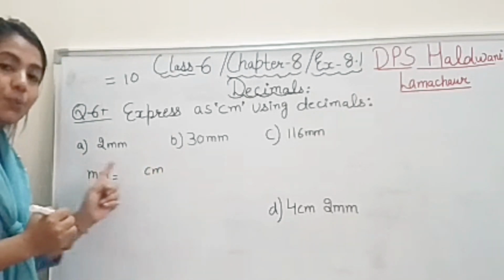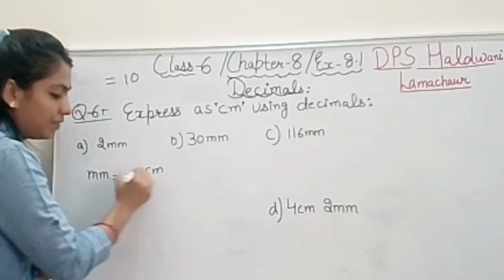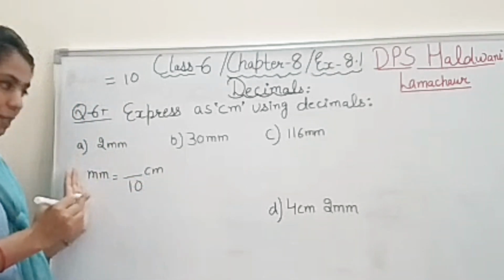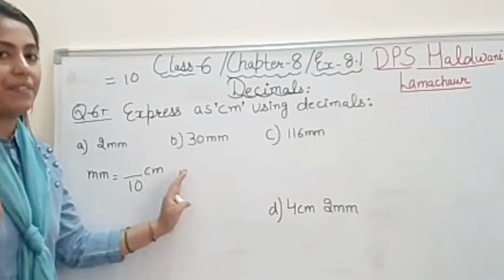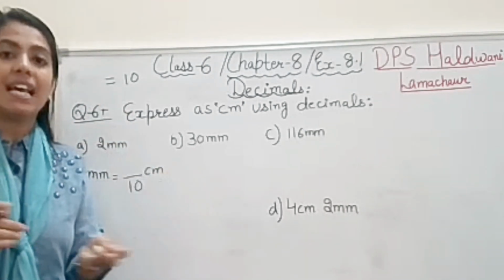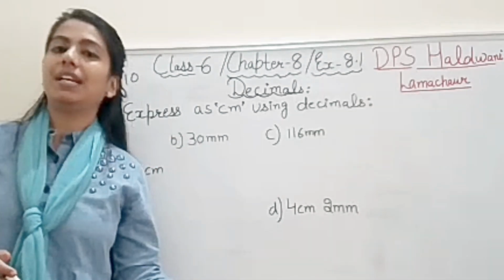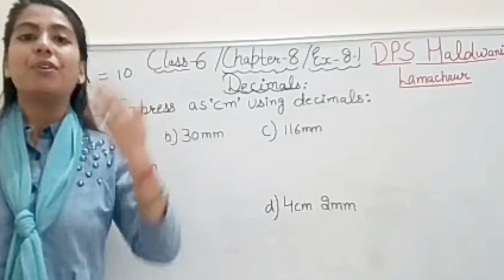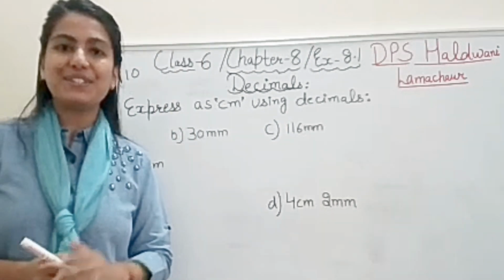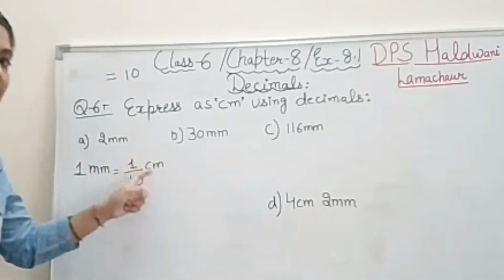It means smaller to bigger. So whenever we convert smaller to bigger, we divide with what? With 10. If centimeter to millimeter, then we multiply with 10. This already we had in class 5 whole formulas. That is why we used to say the basics things which we have done in the junior classes, they will be using for the further. So you have to remember all the things, all the basics, right students? So formula is 1 millimeter is equals to 1 upon 10 centimeter.